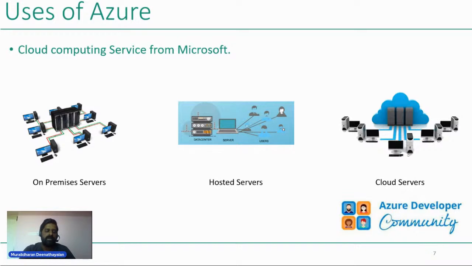So instead of that, we can go for cloud servers. On cloud servers, you can scale up and scale down. That means during peak hours, you can configure the virtual machines to increase the capacity on both the processor side as well as the memory side. Once the particular peak period is done, you can configure it to automatically scale down to its original configuration. So that is possible on cloud servers.